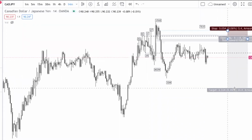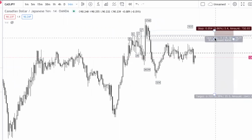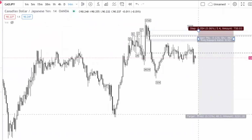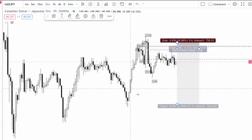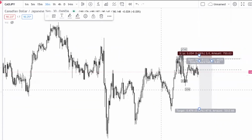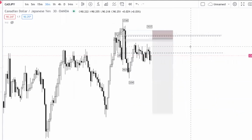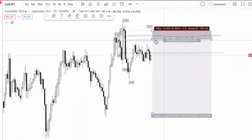Equal lows. I'm gonna rather have my equal lows. Who's that? What is 6? It's a 7. I mean, this could be a complex pullback. I'm just gonna call it that. Okay, so this is what I'm looking at on CJ. That's probably it because